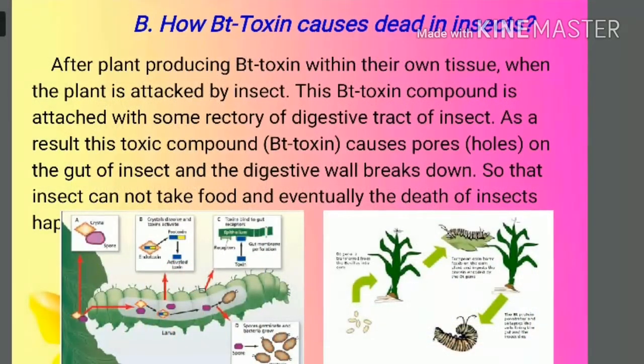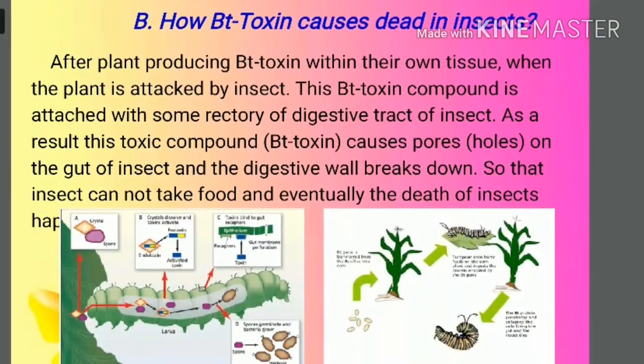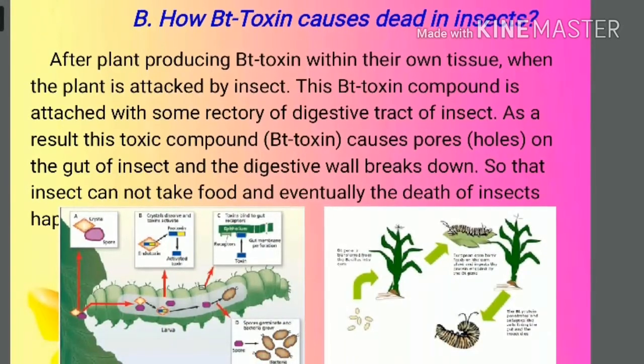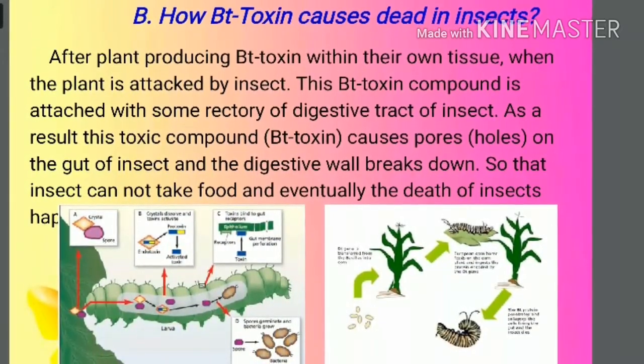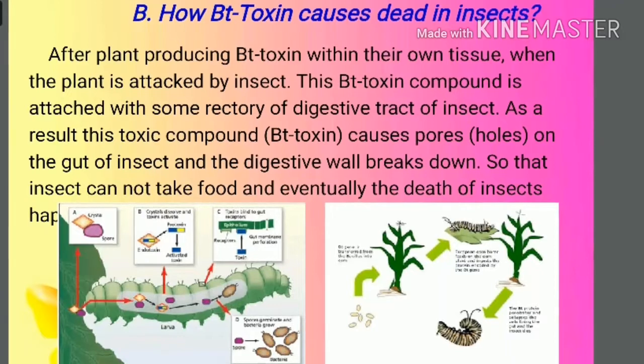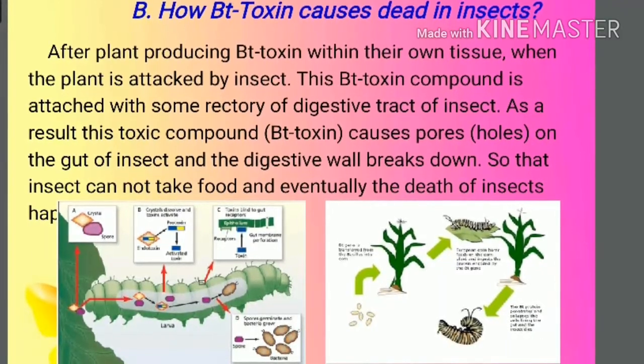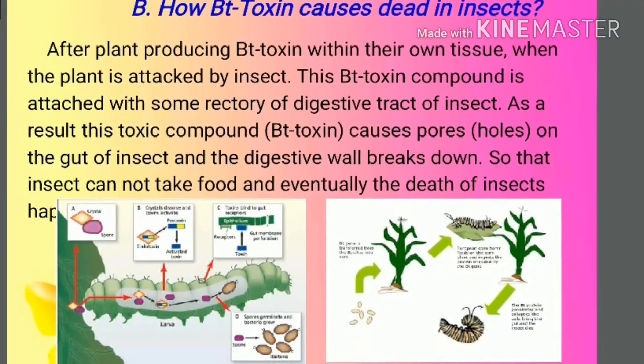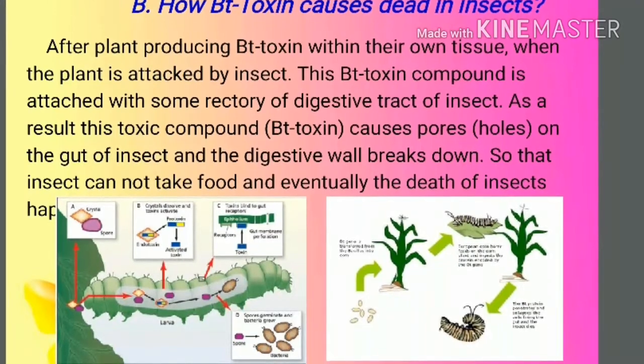Then the second phase of the BT toxin mechanism, that is how BT toxin causes death in insects. After the plant produces BT toxin within its own tissue, when the plant is attacked by an insect, one of the most important insects being the bollworm,